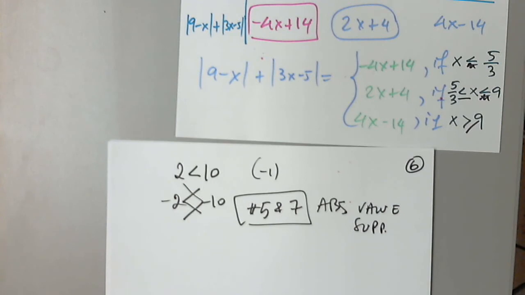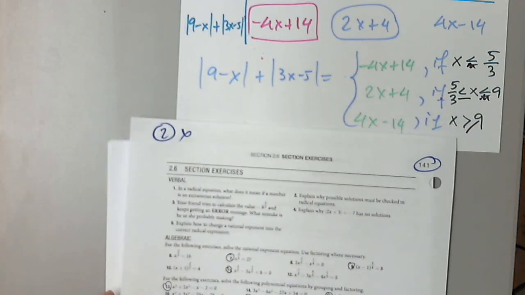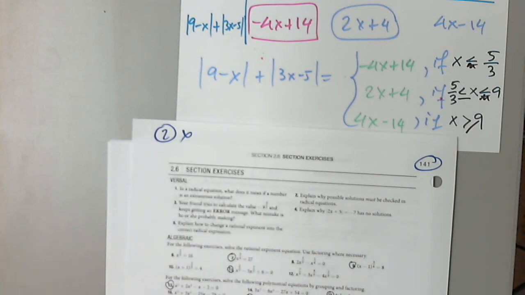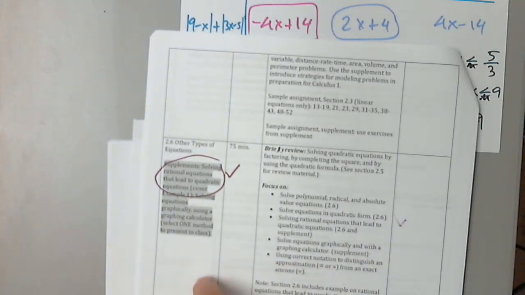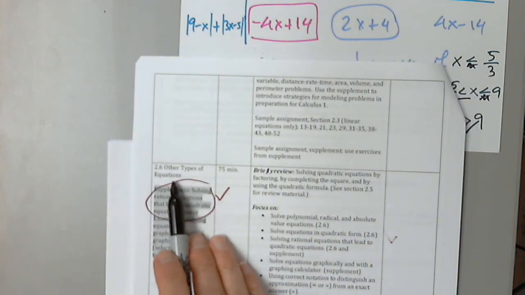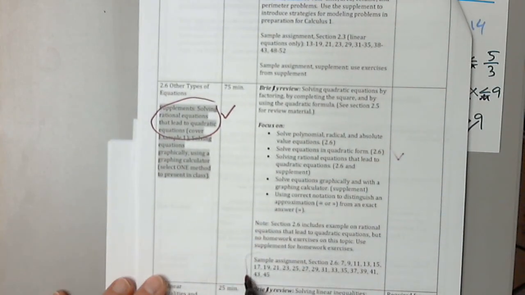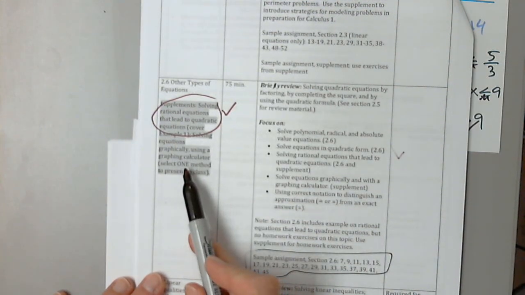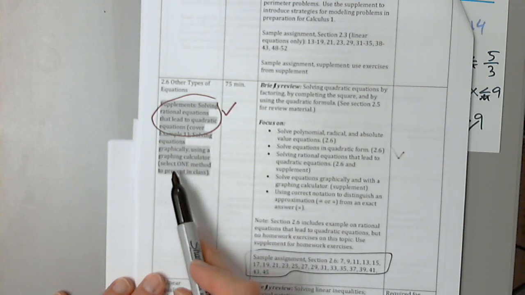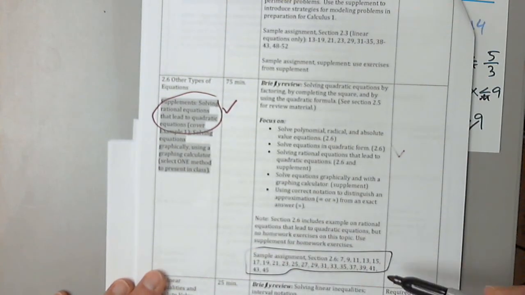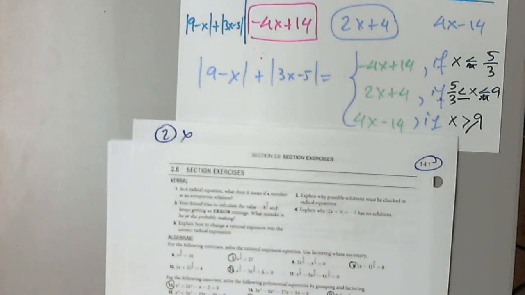So now I would like to continue with equations. Other types of equations. There are a lot of other types of equations. This is section 2.6, other types of equations. I'm going to start with a few problems from your book, and then look at this supplement on how to solve an equation with a graphing calculator. First we're going to select a few here, and let me list